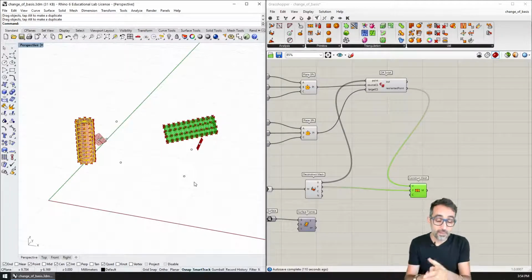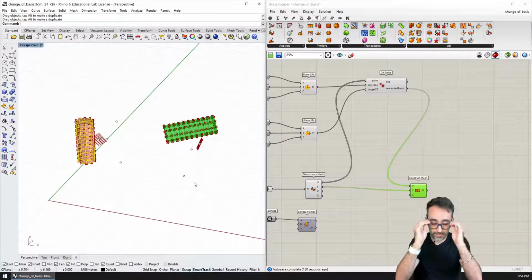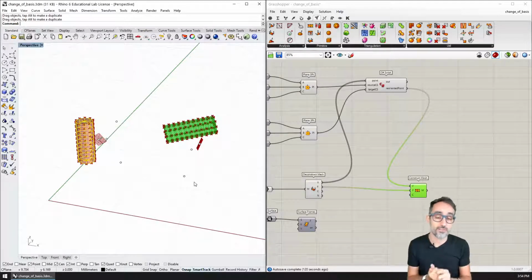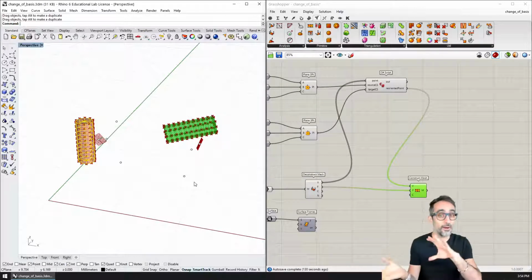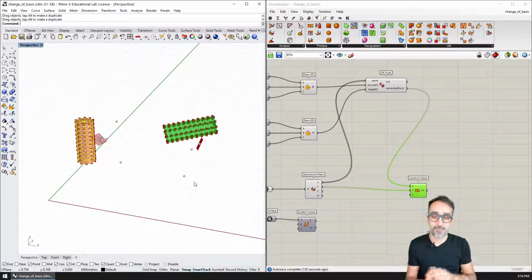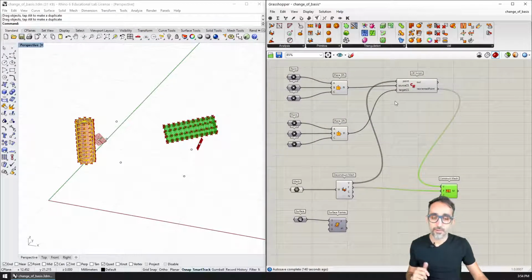This operation, change of basis, can also be done with matrices. It can also be done with special transformations in 4x4 matrices. But I wanted to break down first the fundamentals of this process, and maybe at some point in a future geometry gem we can take a look at how change of basis actually looks with a matrix operation. Okay. I think this is where I want to stop here.